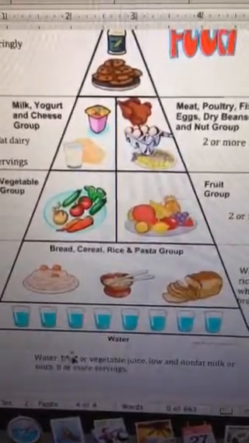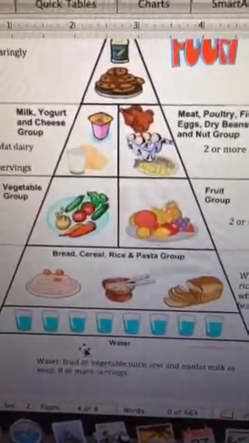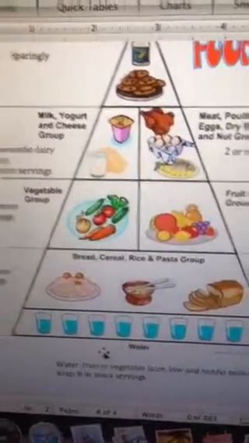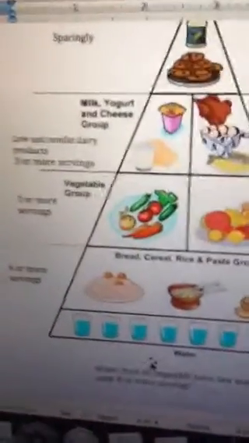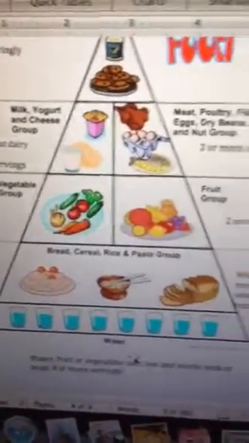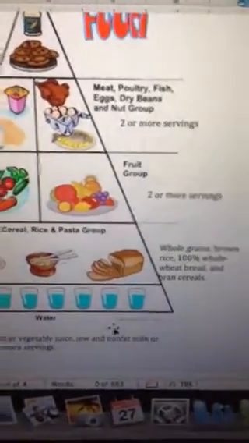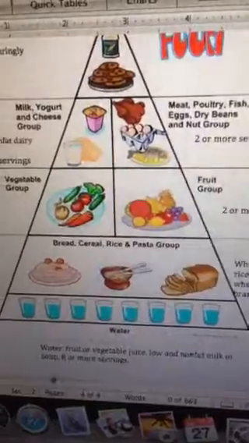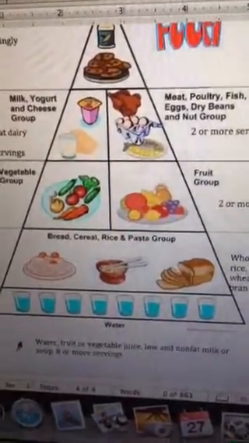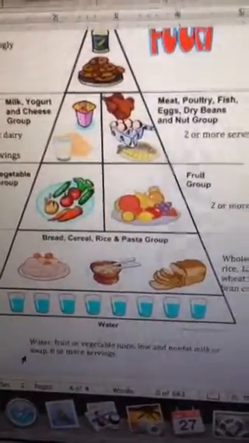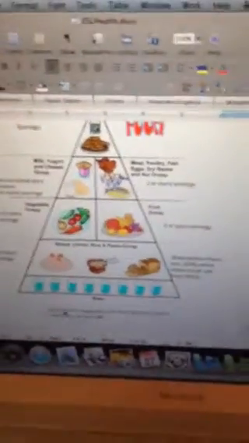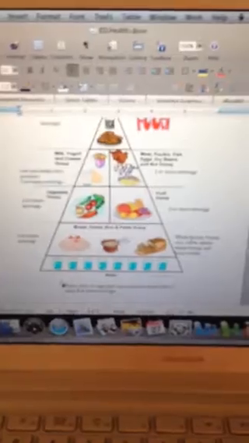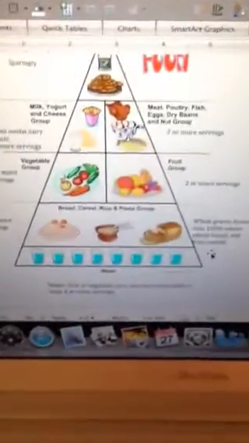So maybe you made it yourself. We'll learn about reading food labels a little bit later. Another option is low and non-fat milk. That also is in another category that we'll talk about. Or soup. Soup has water in it, and that's a good way to get hydrated. And these are 8 or more servings. So these are 8-ounce glasses, so you got to drink 8 or more of those a day.